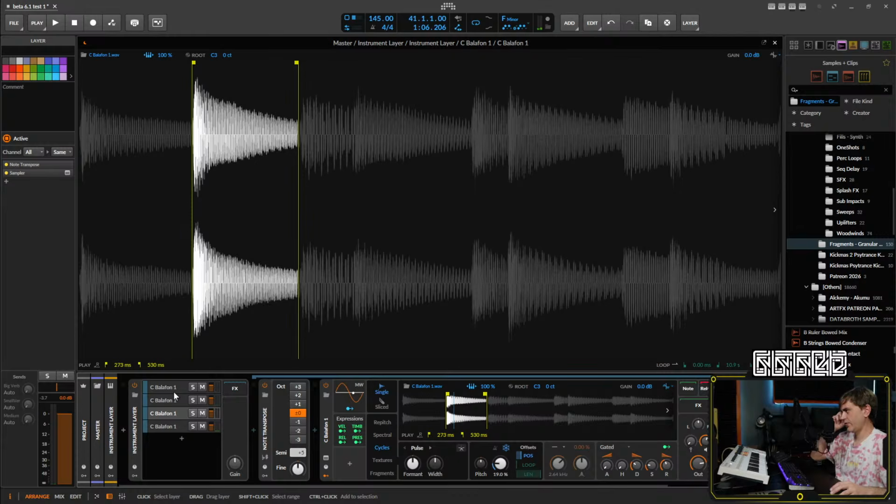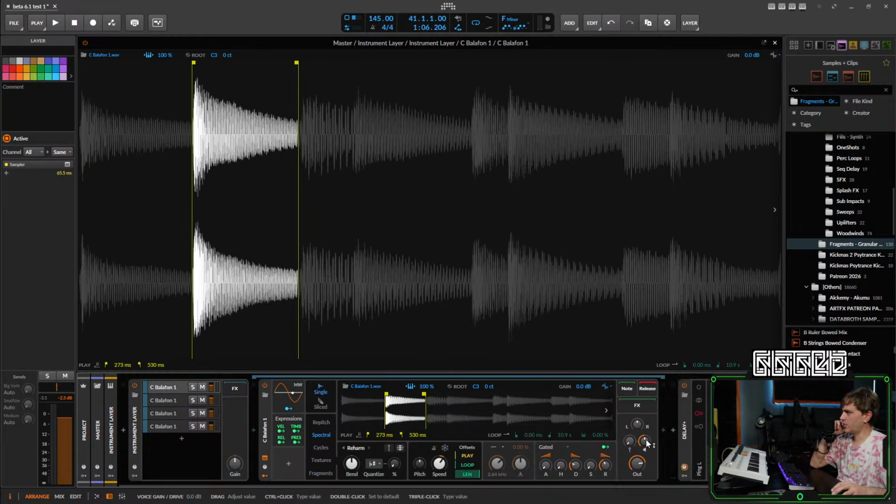Okay, so we can also have separate velocity controls for each of these because we've set them up into layers. I think that could be pretty cool. Where like the texture layers, we can just have